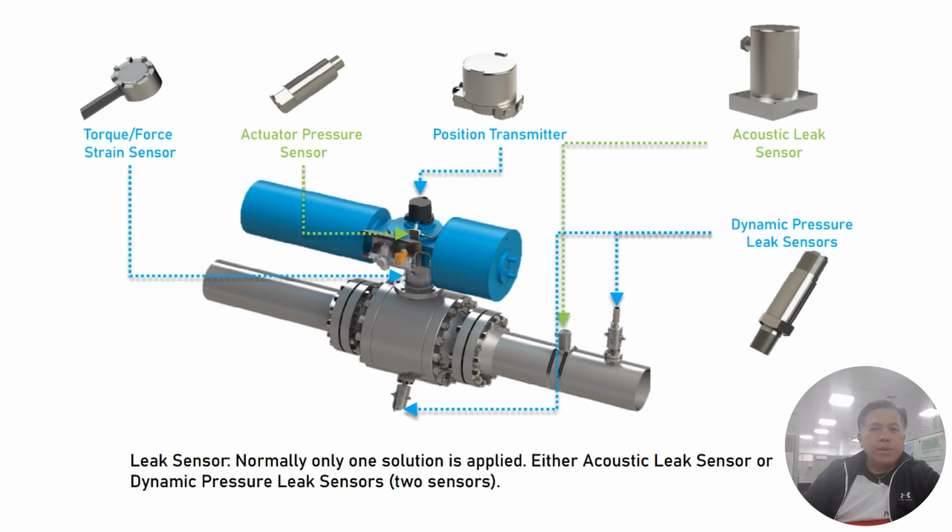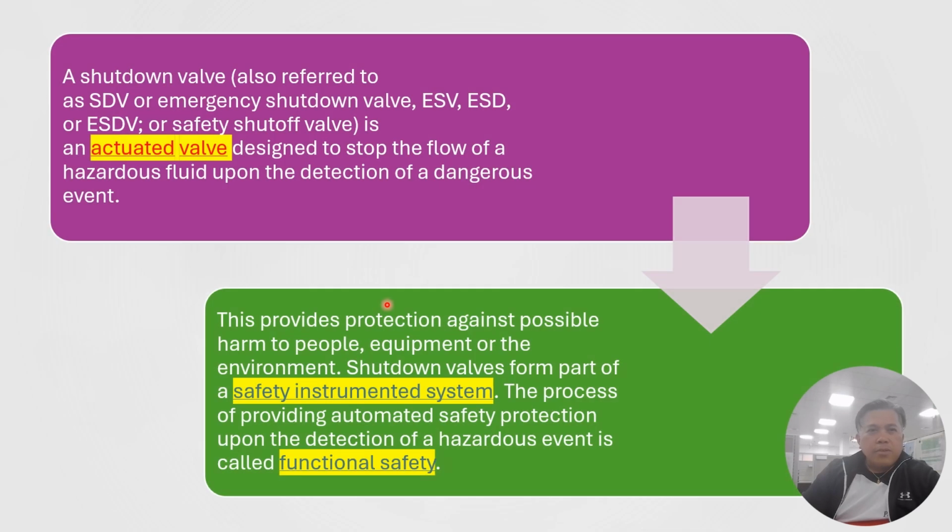So what is the purpose of the ESD valve, guys? The ESD valve is a shutdown valve, referred to as SDV, ESDV, and so on. Emergency shutdown valve is designed for the oil and gas industry. Any flow passing through that process line, this can help to shut down and close the valve. That's why we also have the MOV and the ESD, linked together along with the process line.